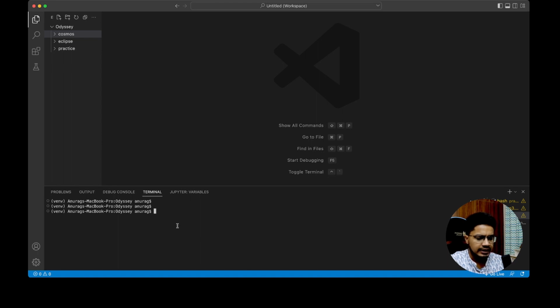So I'm inside this root folder ODC. Okay, so in this folder we want to create a folder which is basically going to contain all the different files regarding our chatbot, both the front end and the back end. So I'll just make a directory. Okay, so going inside the directory,